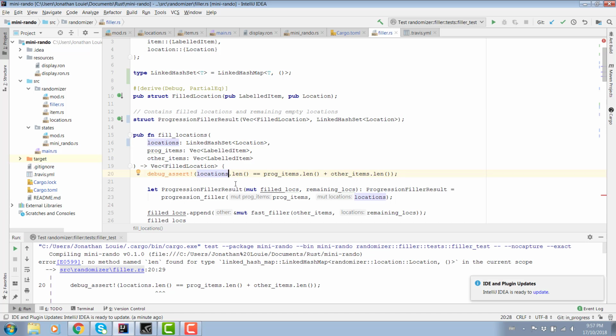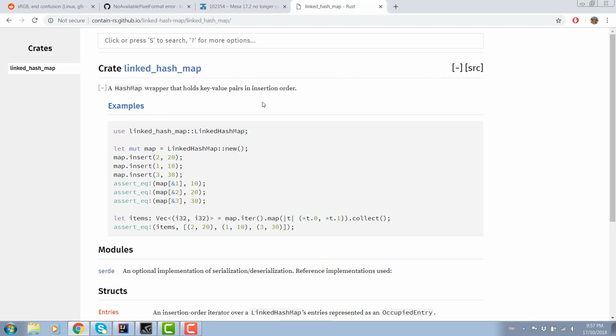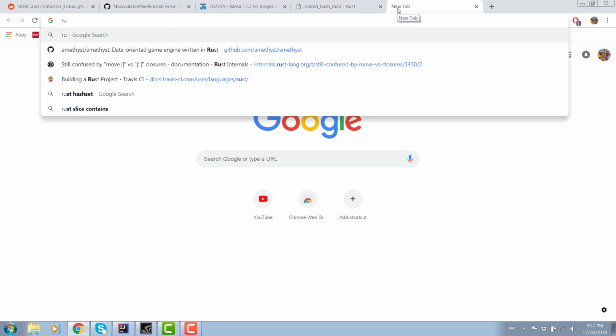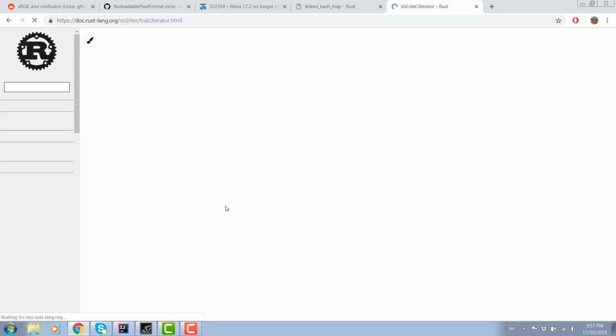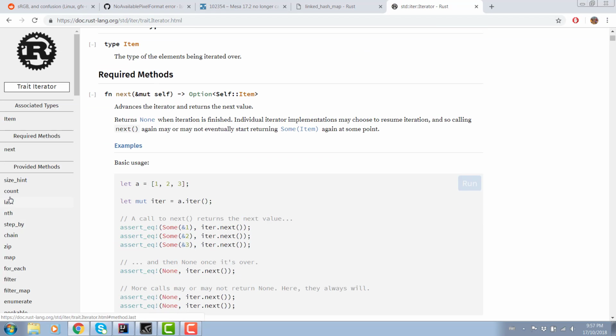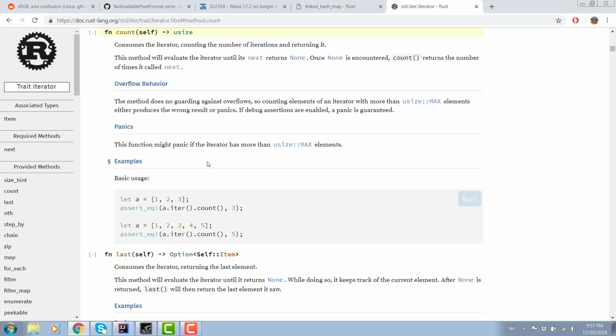How am I gonna do this? Rust iterator to the rescue. Probably. Maybe. They have a count method, yeah. That consumes the iterator. Okay.